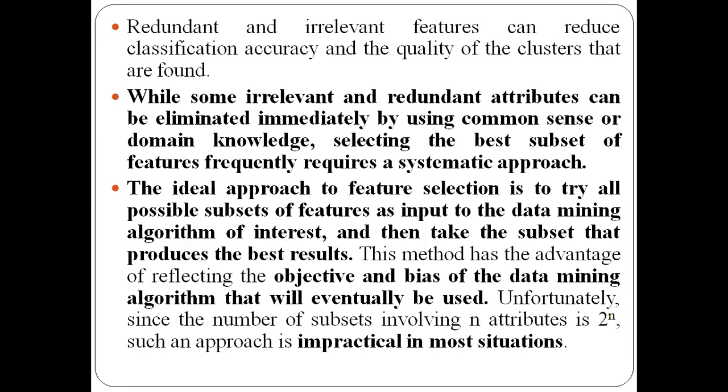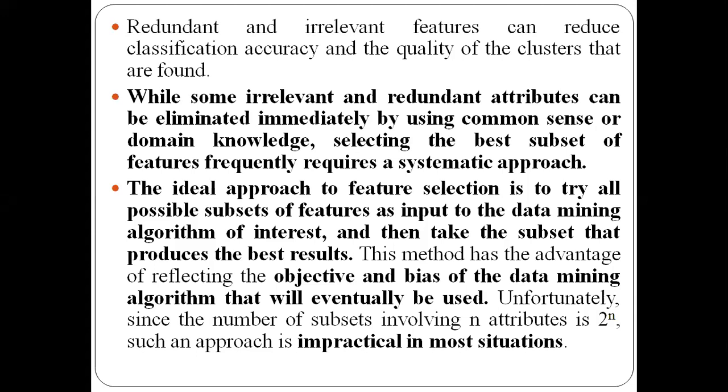For example, if you have 5 features, again if I consider the student data set: student name, USN, marks, age, and let us consider address. If you have these 5 attributes, I can consider subsets of features. Subset means first time I can consider student name and marks. That is one subset. Next time student USN and marks, and then student name and age. Like that, we can consider all the possible subsets, and that can be given as input to the data mining algorithm.